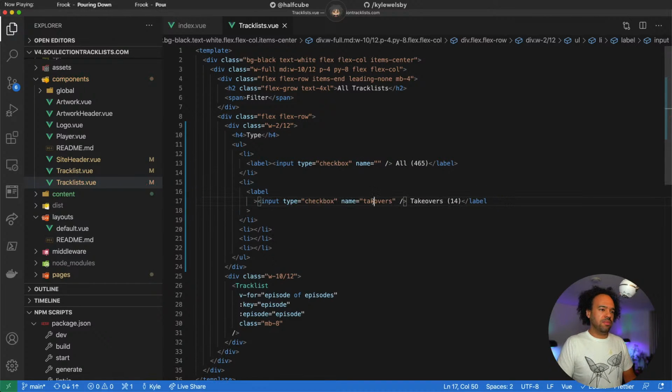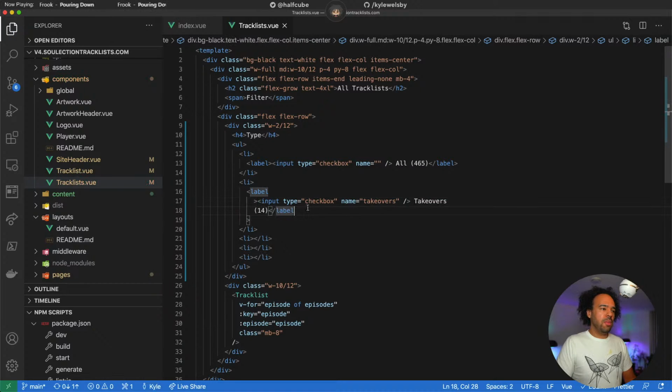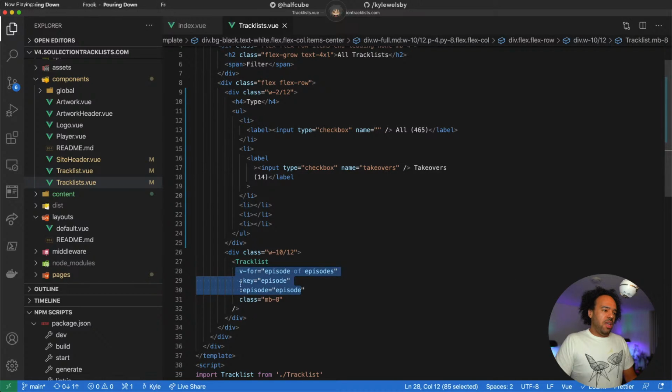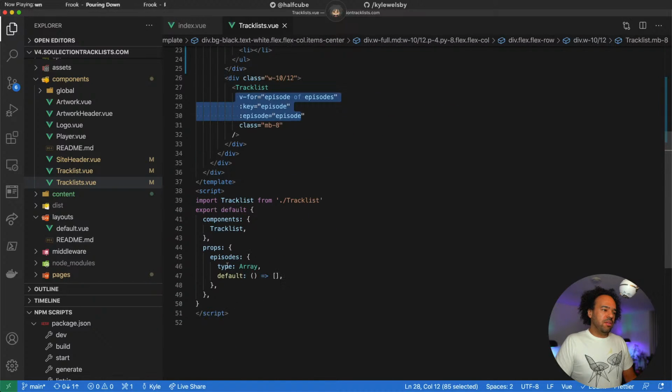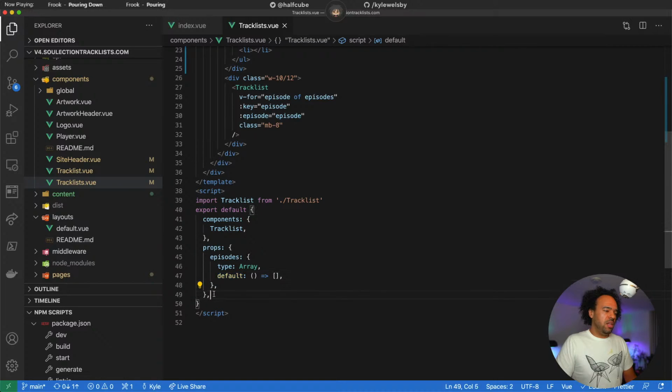Need to figure out how I'm going to get this array and filter it down. So it might be the case of a component computed.